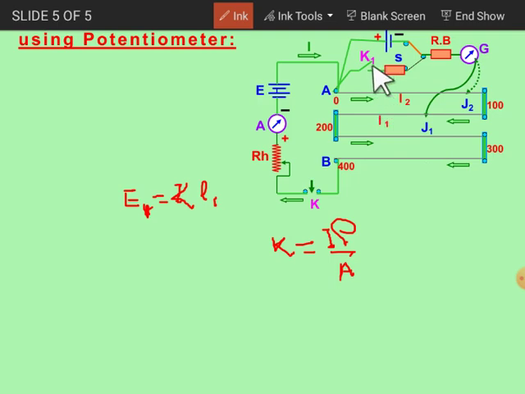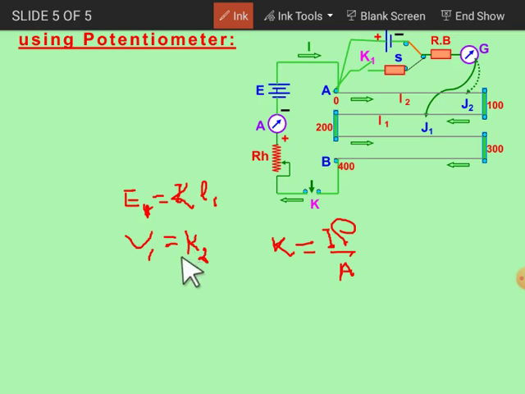Now in the second part, when you connect a shunt resistance in parallel to this cell E1, the balancing point was obtained at the point J2 of balancing length L2. In that case, as some current is drawn through this shunt resistance, we will not call it the EMF of the cell E1, rather we will call it the potential difference of the cell E1. That is denoted by V1, and this will be equal to the potential difference across this length AJ2,